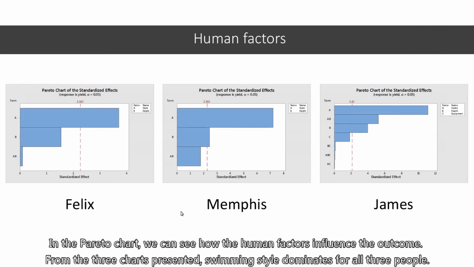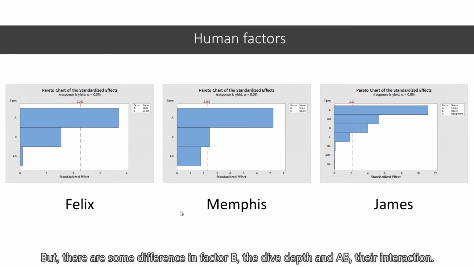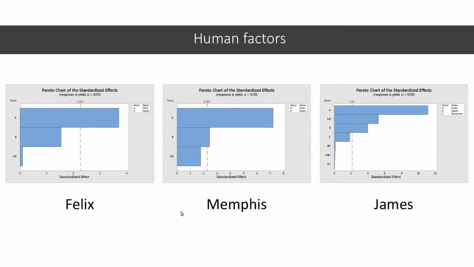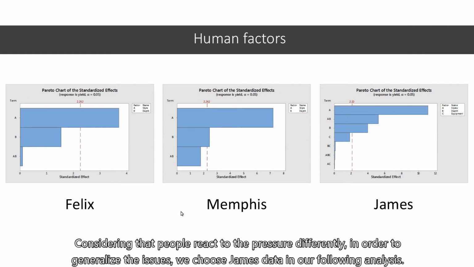In the Pareto chart, we can see how the human factors influence the outcome. From the 3 charts presented, swimming style dominates for all 3 people. But there are some differences in factor B, the dive depth, and AB, their interaction. Considering that people react to the pressure differently, in order to generalize the issues, we choose James' data in our